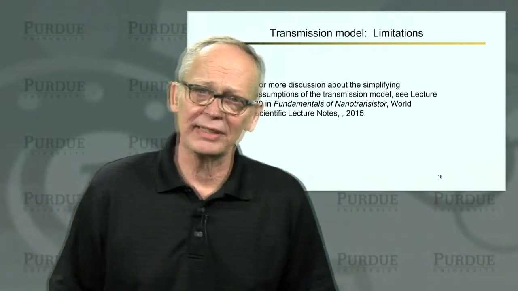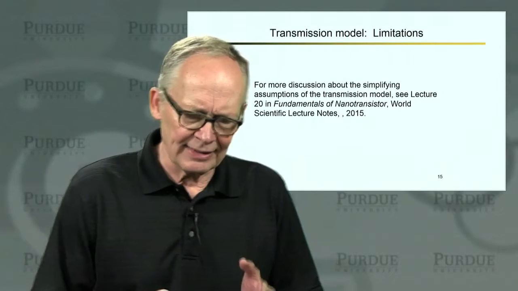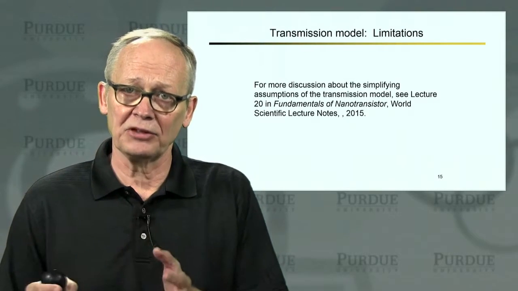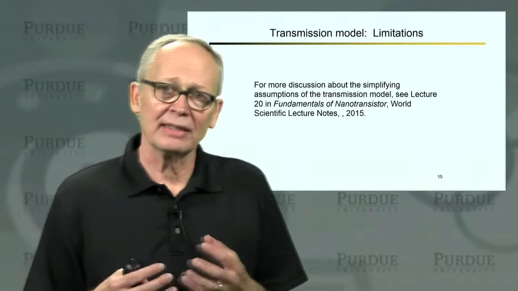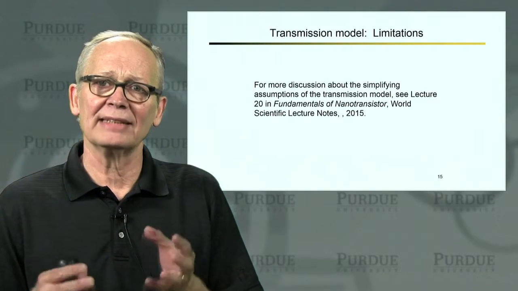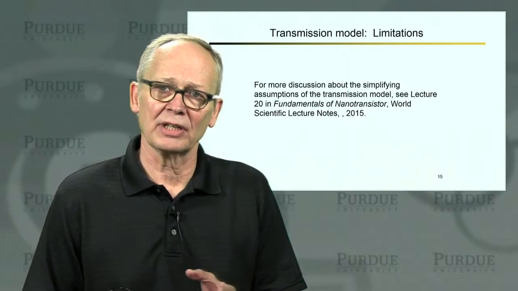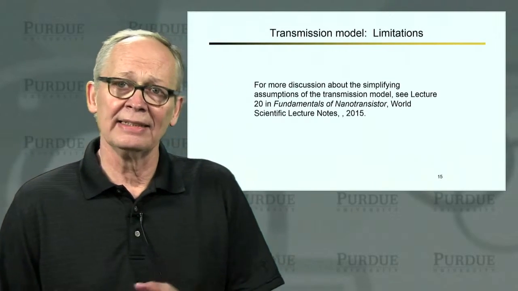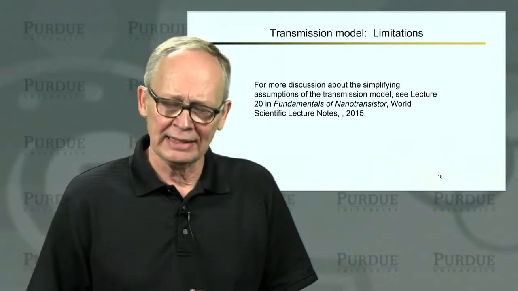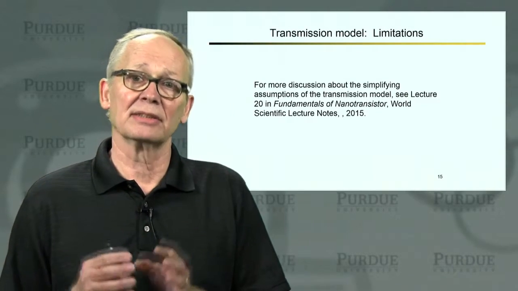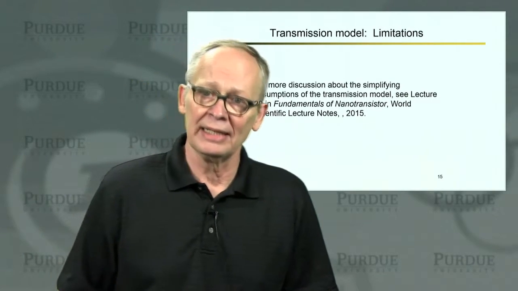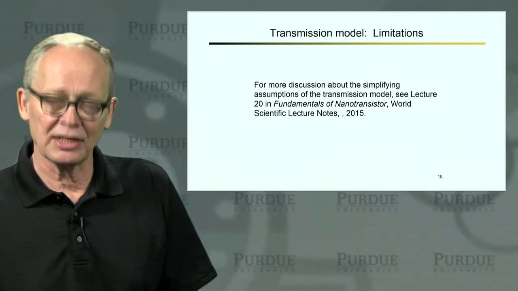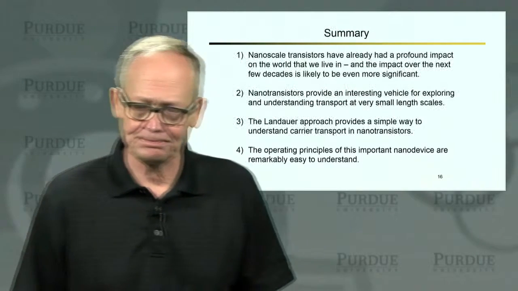So there are a number of limitations. The fact that when we apply this model experimentally to very small silicon and very small III-V transistors tells me at least that we are describing the essential physics. But we have to think very carefully about what the limitations are as we refine the models and look more carefully at experimental data as transistors continue to evolve. It's very important to be aware of these limitations and to see what we can do to address them and to improve the model. And for those of you that are interested in learning more about this, there's a discussion about some of these issues in the lecture notes.